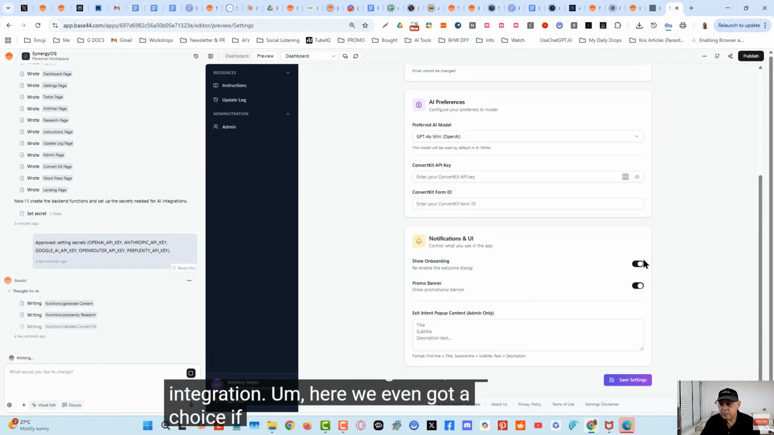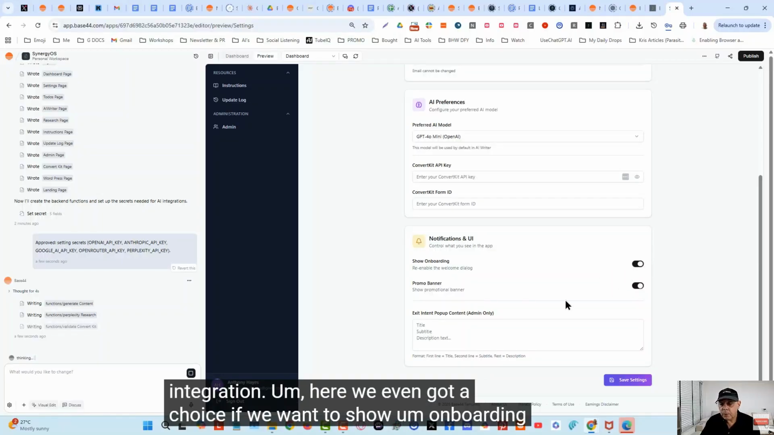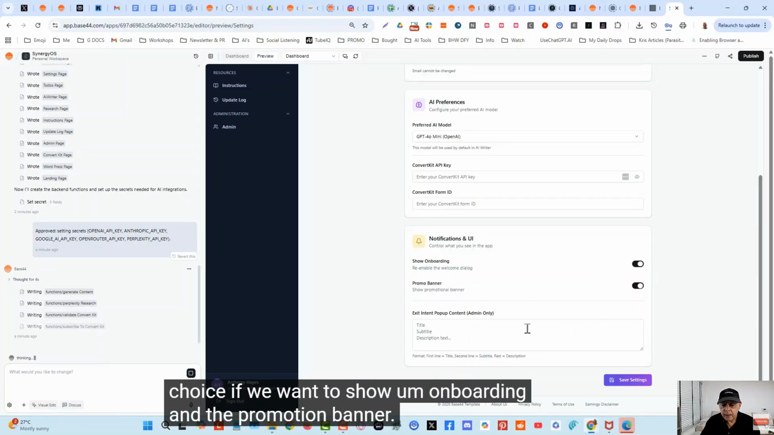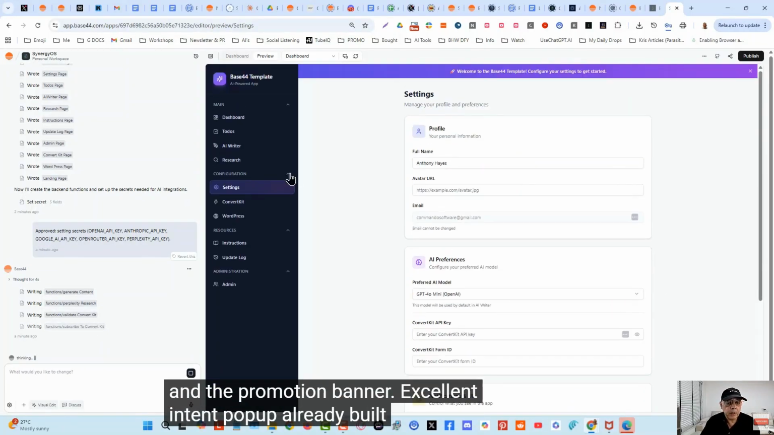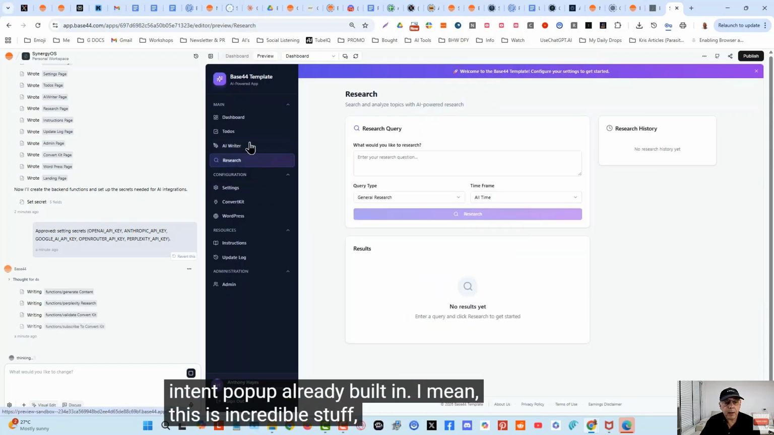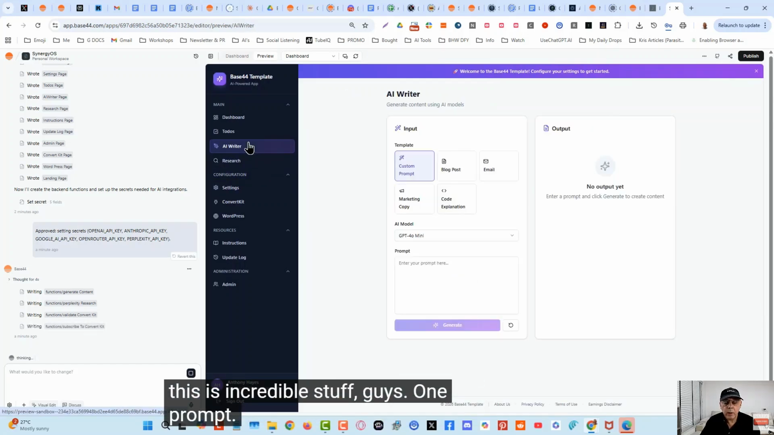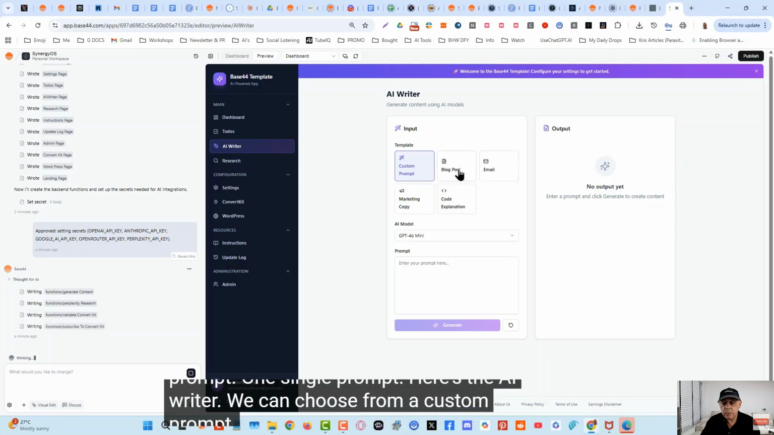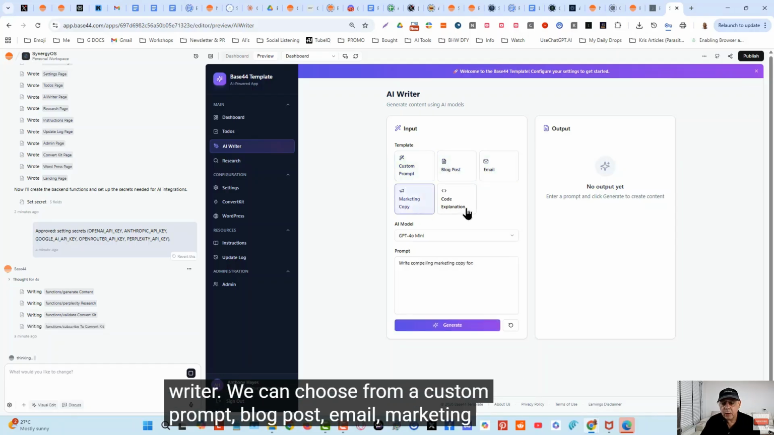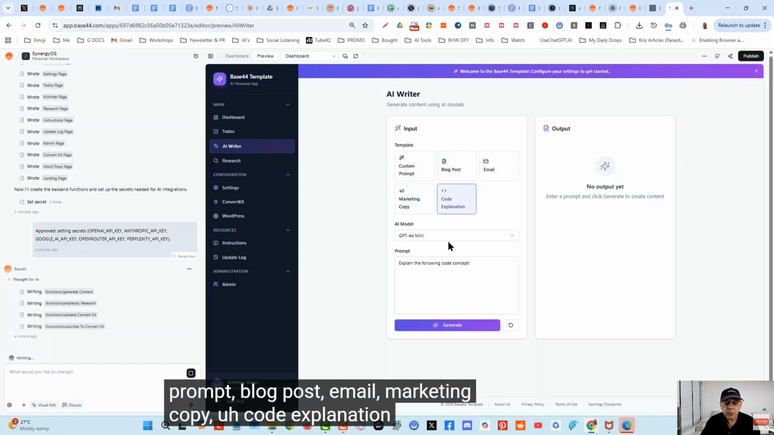Here we even got a choice if we want to show onboarding and the promotion banner, exit intent pop-up already built in. I mean, this is incredible stuff, guys. One prompt, one single prompt. Here's the AI writer. We can choose from a custom prompt, blog post, email, marketing copy, code explanation